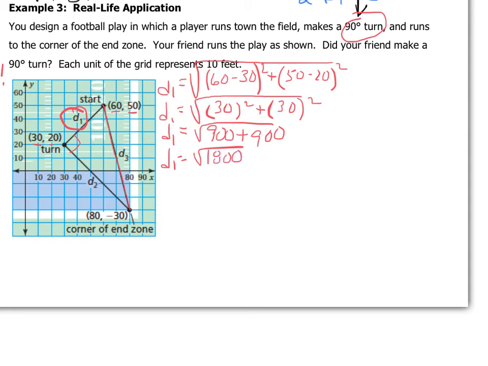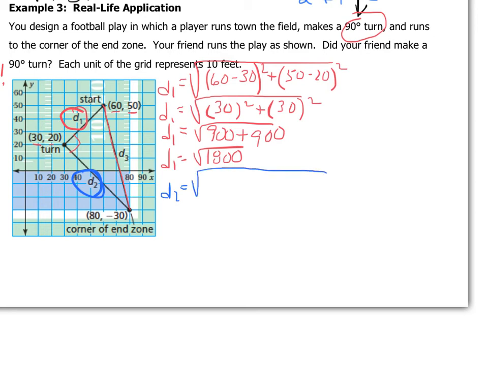Now, I'm not going to run a calculator yet. We're going to see why in a little bit. I'm just going to leave it like that, and if we need to run it with a calculator later, we can. So now I'm going to focus here on D2, and we'll do that one in blue. We're just going to focus on each one as we go. So D2,